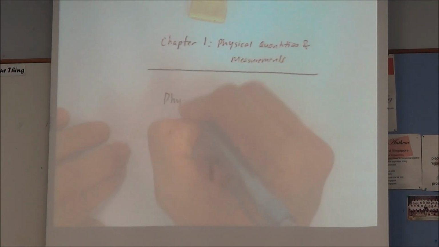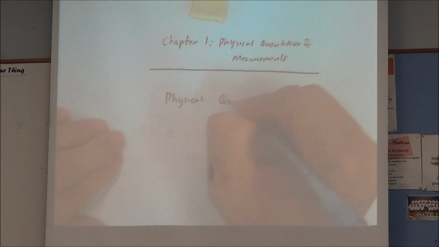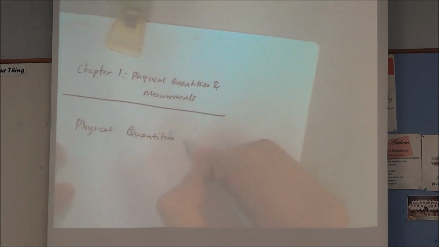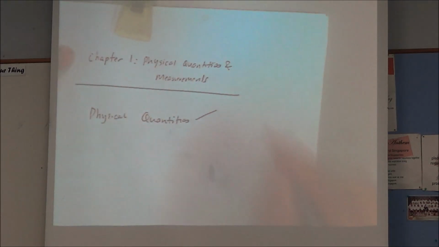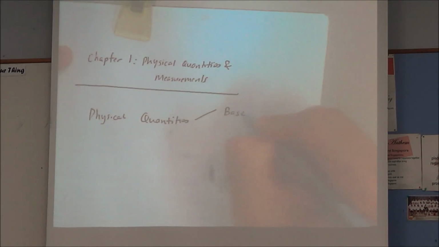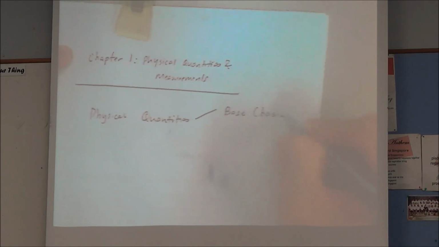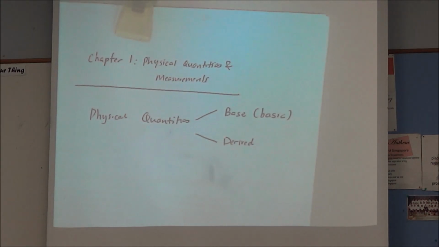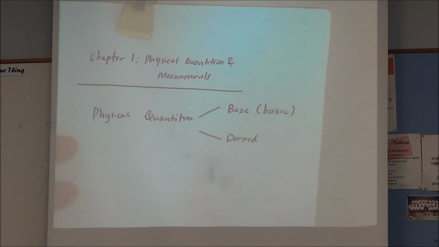Physical quantity and measurement. Okay, so physical quantities. There are two kinds, alright? Base or basic, or derived quantities. In your book, you have seen that there are three basic quantities. Actually, there are five in the book, but the three most important ones are